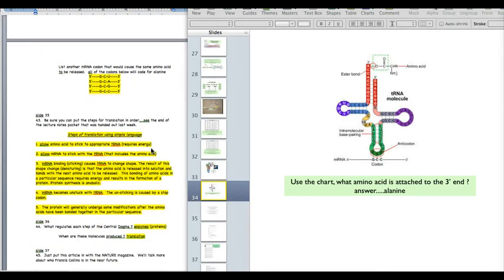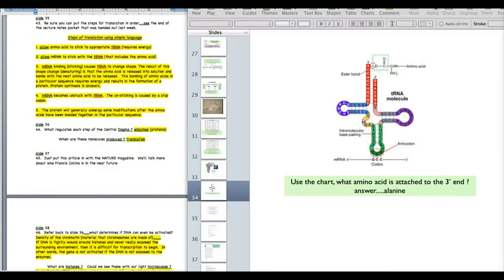So those steps of what I was talking about, the sticking, pop, pop, pop. Here's a simple way to look at it. The amino acid sticks to the appropriate tRNA, then the mRNA sticks to the tRNA. This binding causes the tRNA to change shape. That causes the